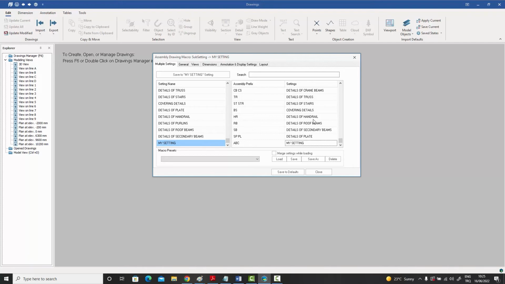And your columns might be done as single assembly, so one column per drawing. So basically, anything you can do with these 5 tabs, you can then save away as a setting, and that setting can then be used in a particular assembly. Now, to make it even more